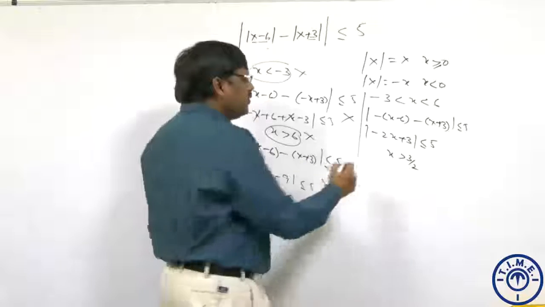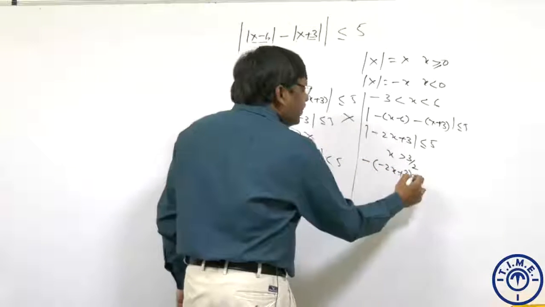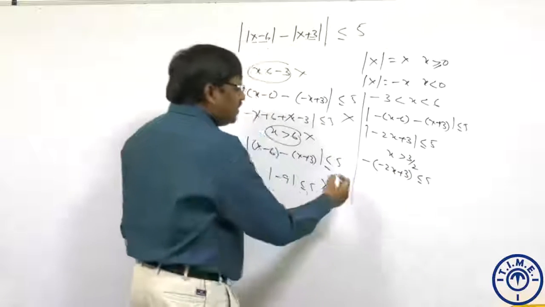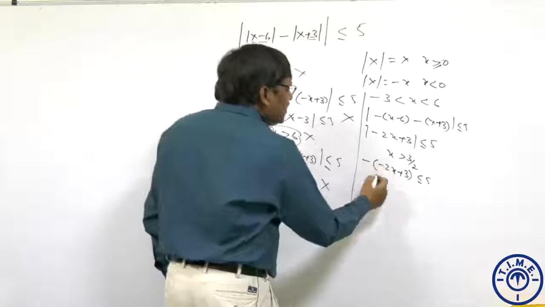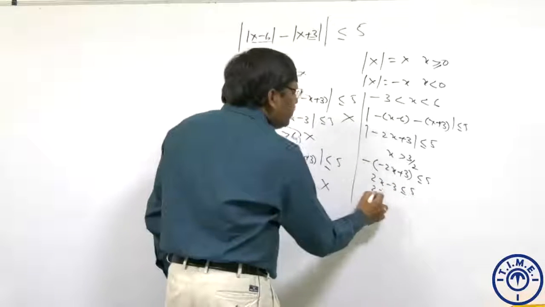Hence, this will be negative. Minus of (minus 2x plus 3) is less than or equal to 5. So, I can say, friends, it is 2x minus 3 is less than or equal to 5, 2x is less